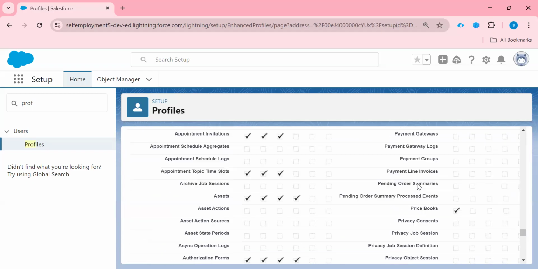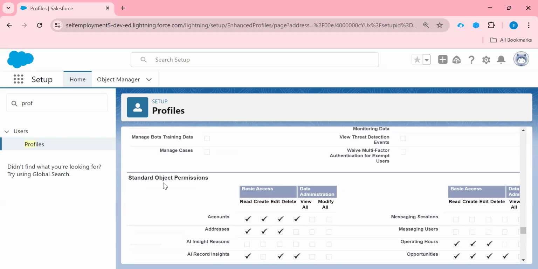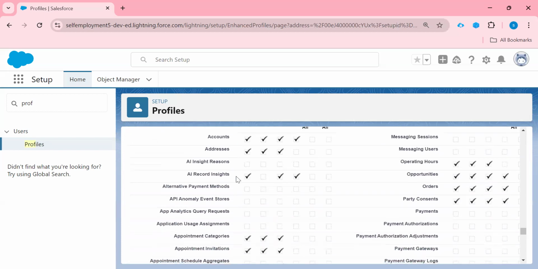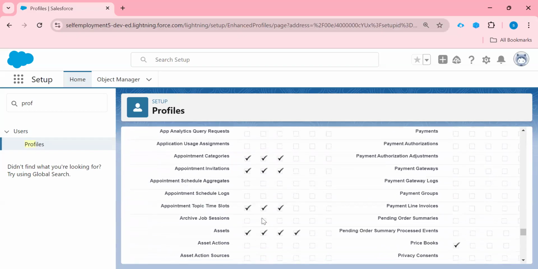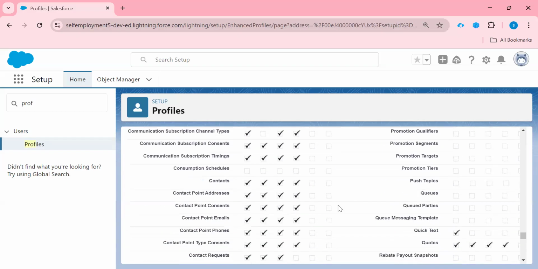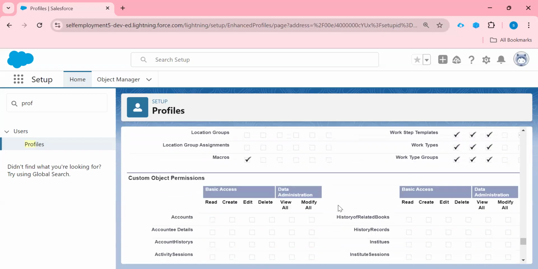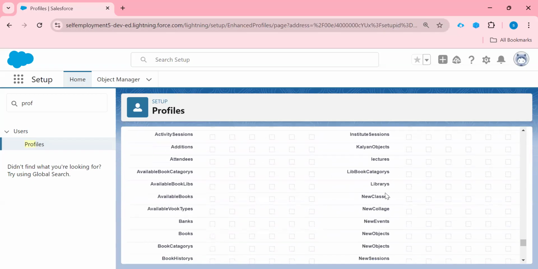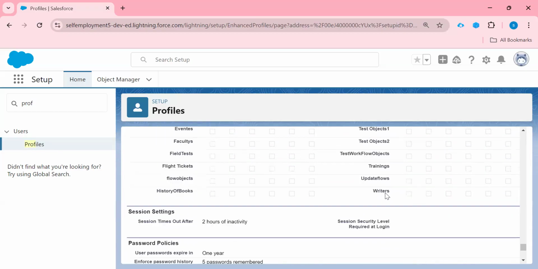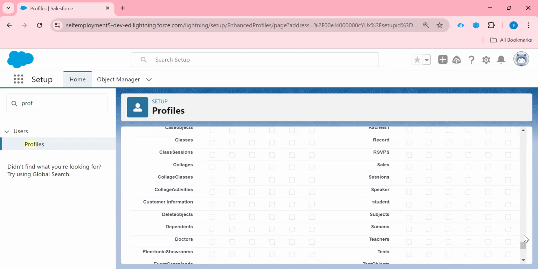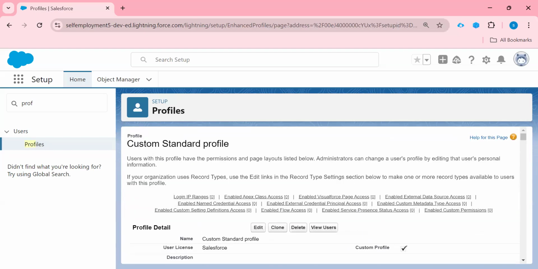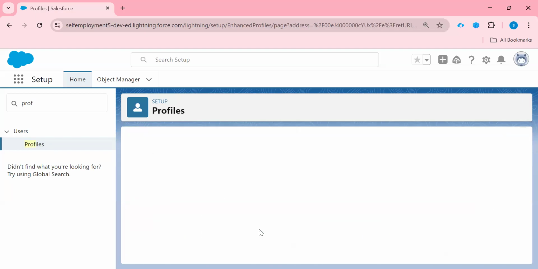So if I scroll down, here you can see standard object permission. So these all are standard objects, right? And if I scroll down, then these are the custom object permissions. So from here I can give the custom object permission or the standard object permission to this particular profile, right? So how can we do this? Just go up, click on the edit button,